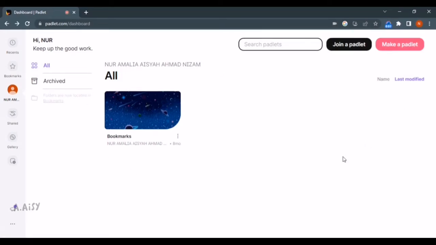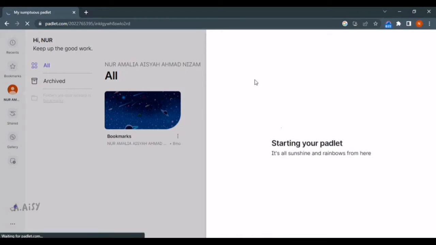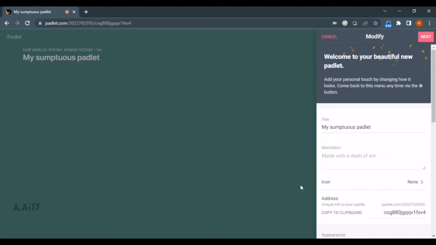So now I will show you how to make a Padlet. First, click this button here and then you will see there are 7 types of Padlet that you can make. I will try to explain to you one by one. And firstly, we start with wall. Now let's start editing. First, you can change the title, as for example, you want your students to tell about